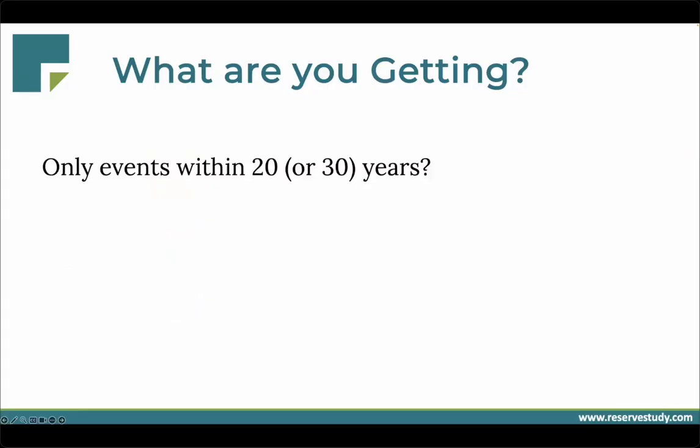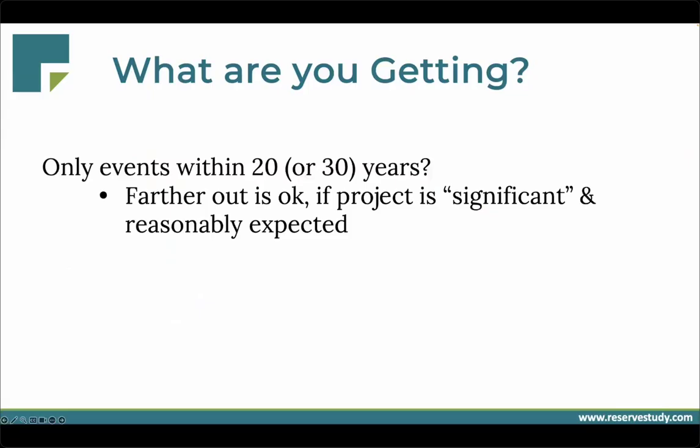Now, another question that you may have heard in a meeting is, how far ahead will we be looking and estimating our component expenses, right? How do we know how far ahead to go? Well, based on the National Reserve Study Standards, the answer is at least 30 years of projected income and expenses are required. But the real answer is that we want to capture all significant and reasonably predictable projects that are in the future of the organization. So if you just put on a new roof that has a 40-year design life, we're going to include that in your reserve study, right? Just because it goes beyond 30 years, there's no magic 30-year limit. It needs to be included in the reserve study.